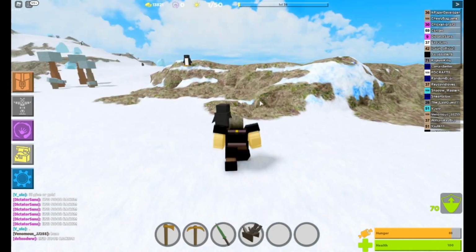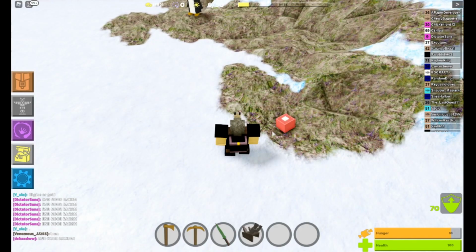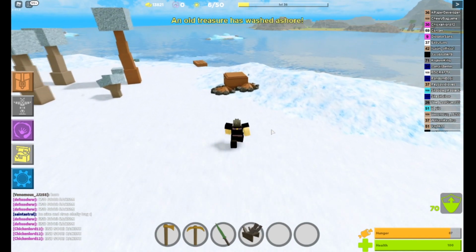And why are they so huge? They were not this big on the test map. They're just called penguins. They drop meat, which, I mean, why would you ever kill a penguin? That's just mean. So obviously, the main attraction and what we're going to be doing today is going